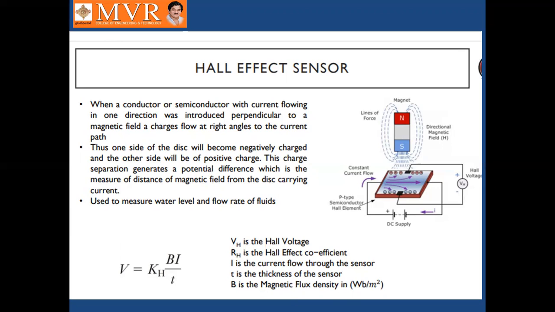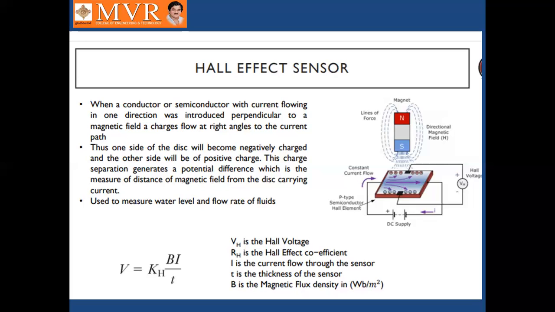So here the Hall effect sensor has a current carrying material. Two kinds of voltage are given across the plate in a perpendicular direction. One voltage is the DC supply voltage and the other is the Hall voltage. These two voltages are perpendicular in direction, and the plate is a current carrying conductor, near which a magnetic pole is placed.